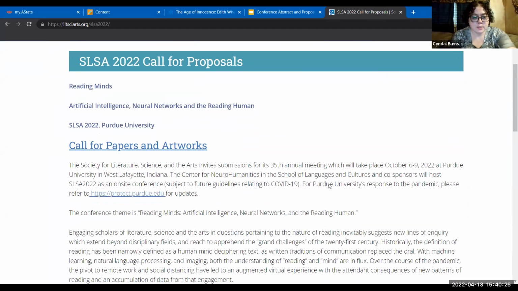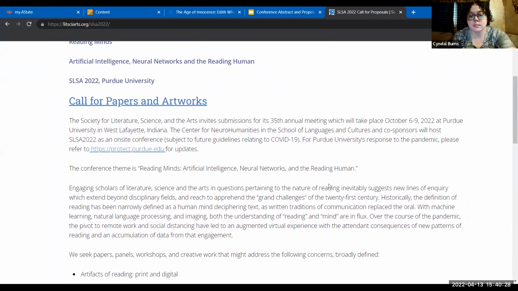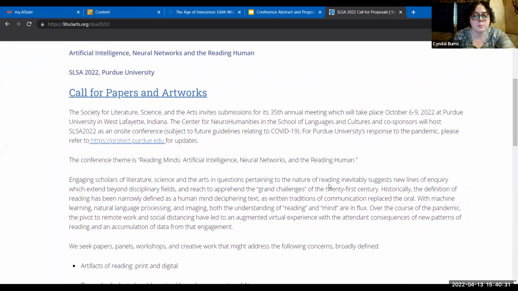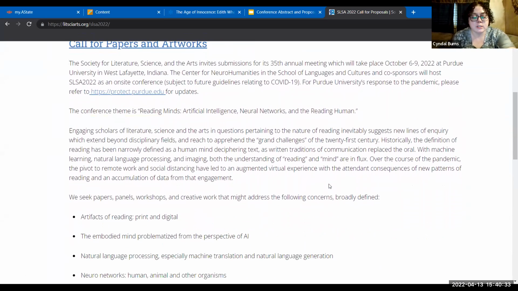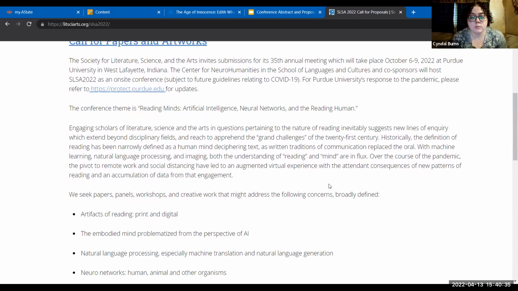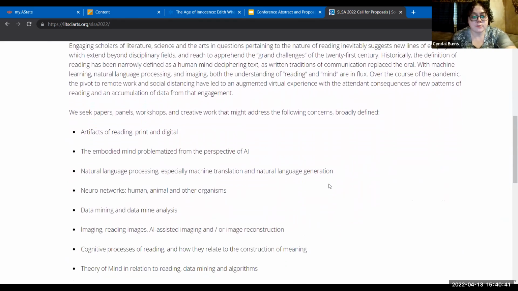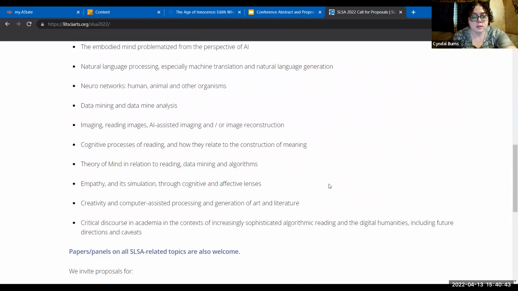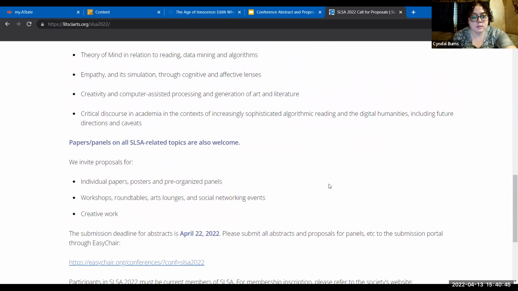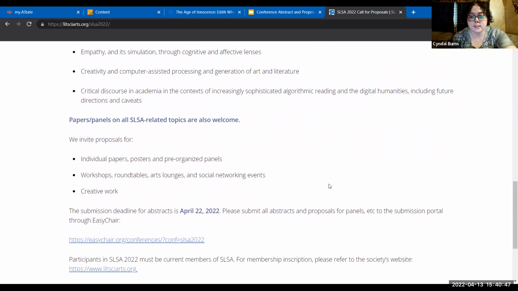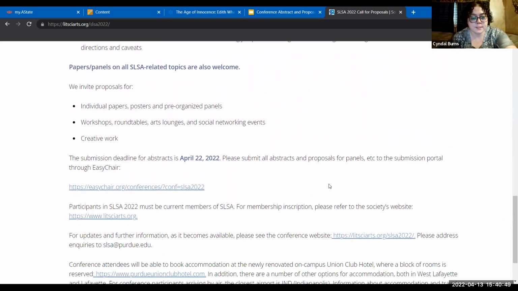Okay. So the theme is reading minds, artificial intelligence, neural networks, and the reading human. And then it also shows they're seeking papers, panels, workshops, and creative work. So there's a lot of options for this conference. And then it gives the deadlines, where you submit